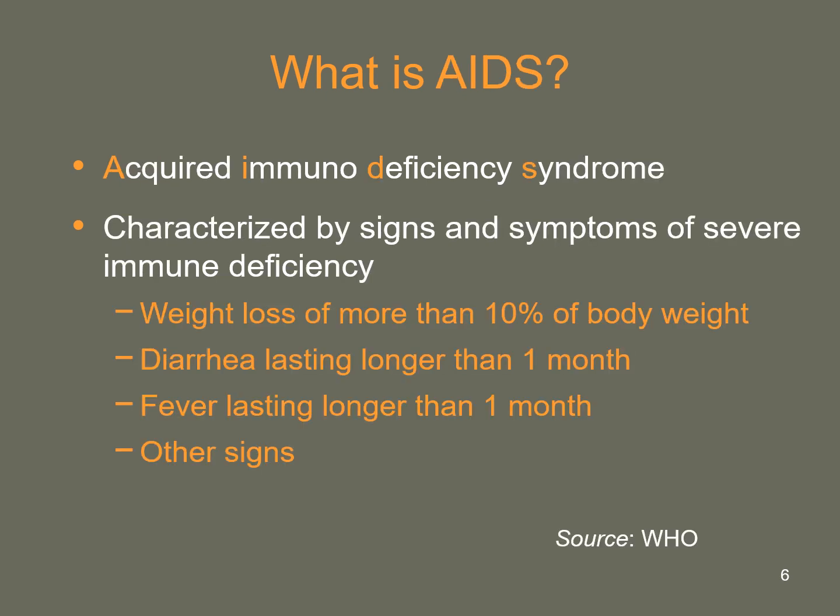What is AIDS? A stands for acquired, I stands for immuno, D stands for deficiency, S for syndrome. So you can see here, like I said, that many people make a mistake. I here stands for immuno, while D stands for deficiency. But in HIV, it is just one I, which stands for immunodeficiency as one. But in AIDS, I stands for immuno, separate. D stands for deficiency. So this acquired